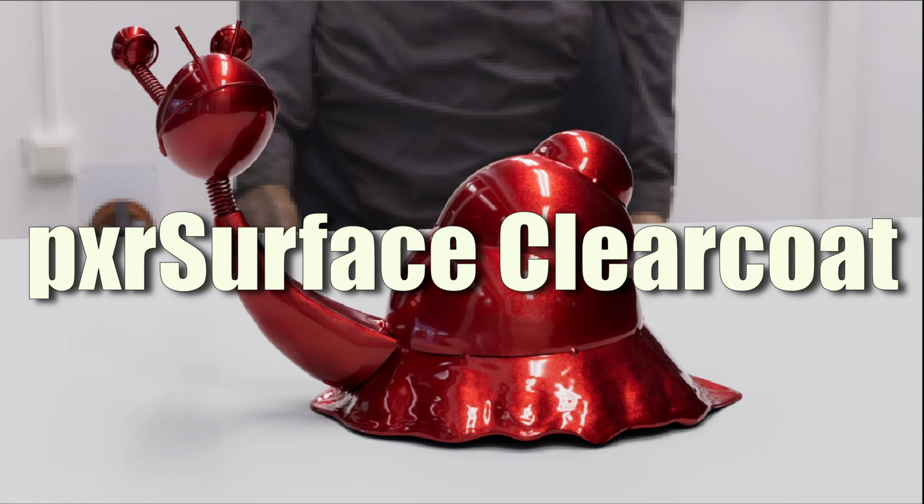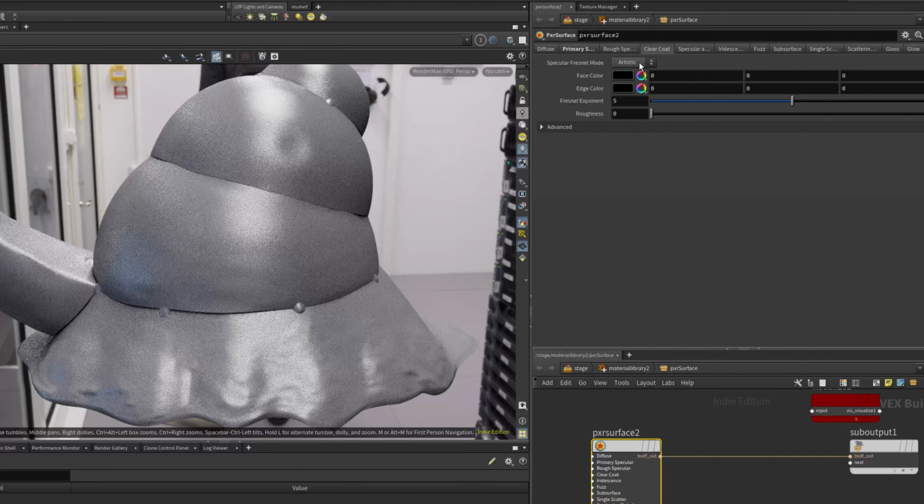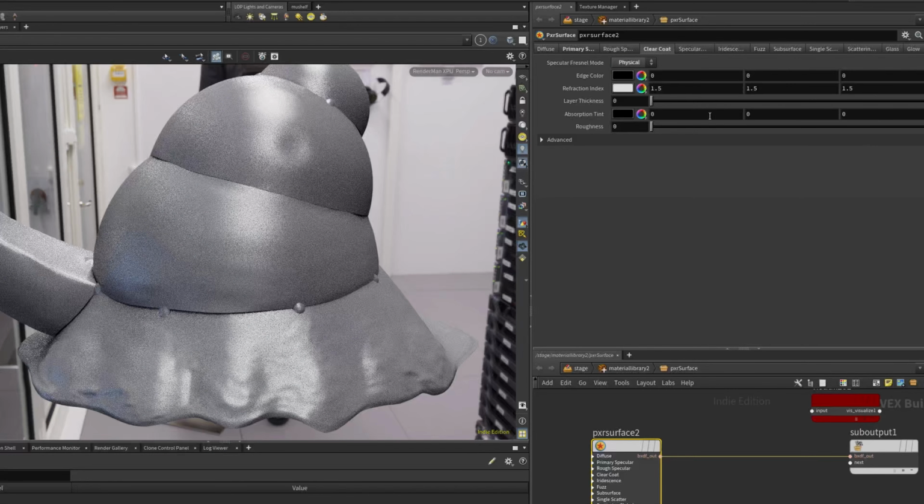I created here a very basic shader with a primary specular. Now take a look here at the Clearcoat. We have both artistic and physical. I'm just gonna switch this over to physical because the lobes here are kind of the same in both primary,